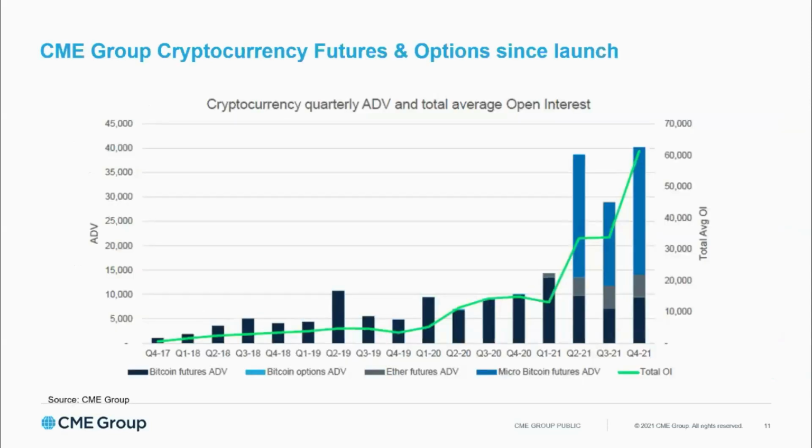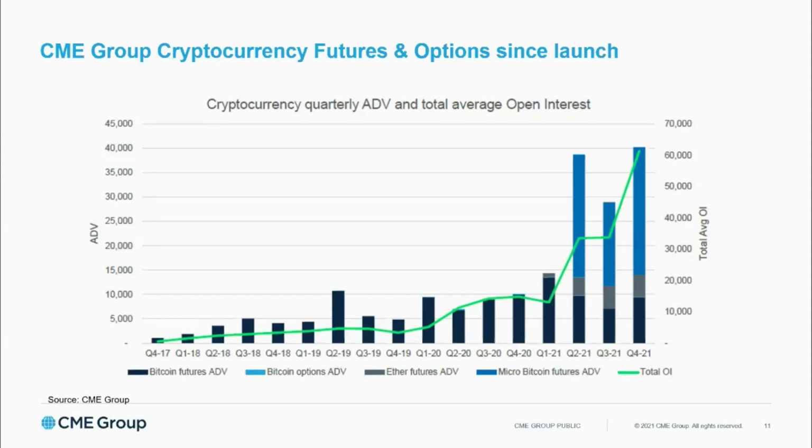When you take a look at cryptocurrency at CME Group and just our growth since 2017, take a look from Q4 of 17 to about Q1 of 21. It's hovering right around that 5,000 mark. It jumps up to 10,000, and these are ADV. Everything on this slide quoted is ADV, right? So you look at 17 to Q1 of 21, we're doing some volume in our cryptocurrency complex, but our volumes really take off in Q2 of 2021.